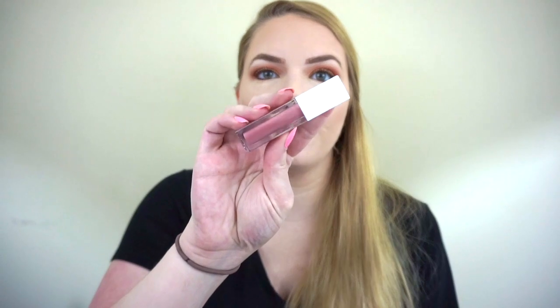So the lip gloss that I got for free was the shade Pink Panther, which is like a really pretty light neutral pink. I've tried the glosses before and I wasn't in love, but for free, I will absolutely take it and try it. Then I did decide to purchase one of their signature eye palettes,